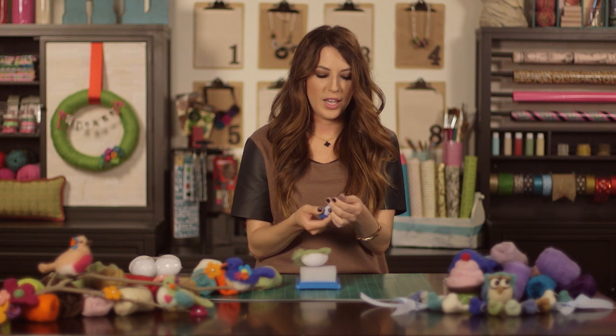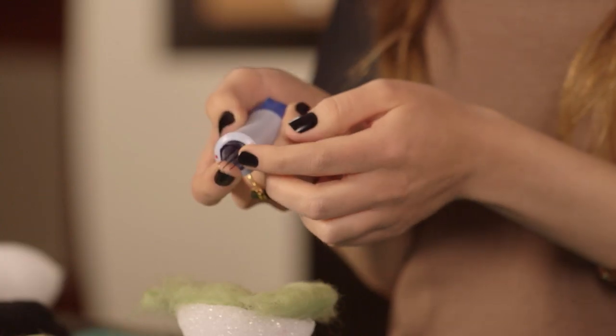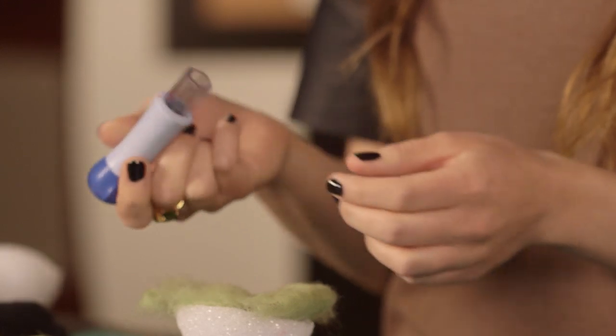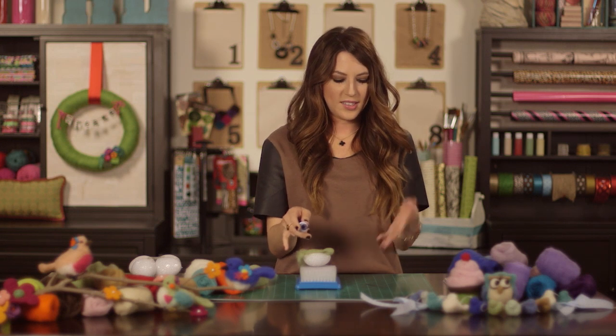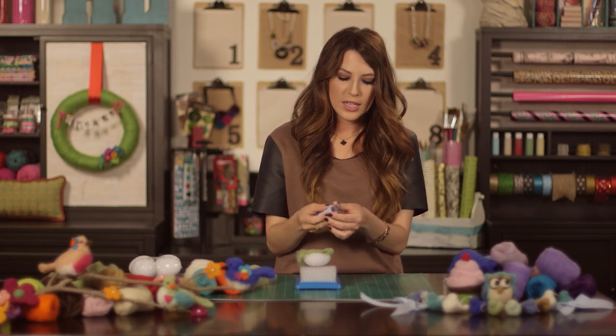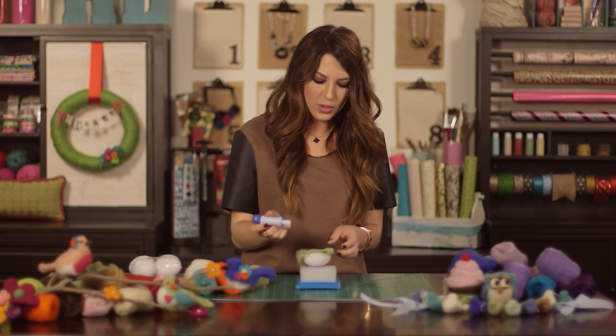So you always want to put it in that locked position so that you know you and everyone else around you is safe. So this tool is really cool too because it has multiple needles within it. That way you can do a larger area at once instead of just with the single needle. So with this tool,